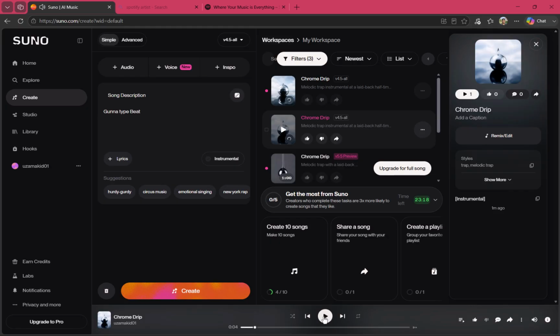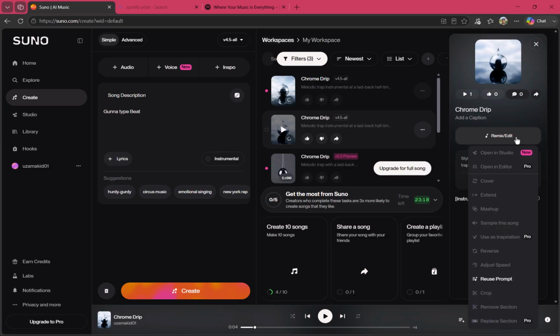Now you can see how good that actually sounds coming from an AI, that the prompt was just 3 words, Ghana type beat. So this is it. And you can also click on remix or edits. If you click on this option here, you can open it in studio, but these are available once the song is done,